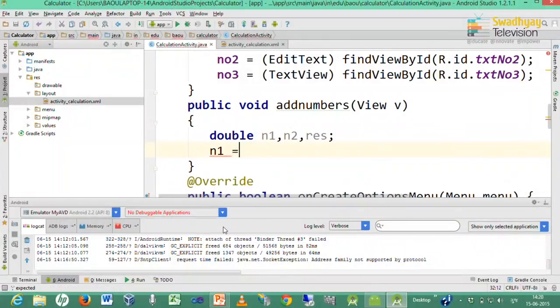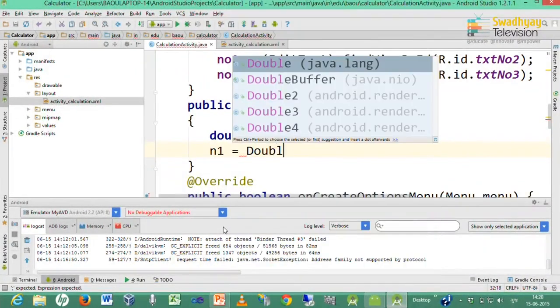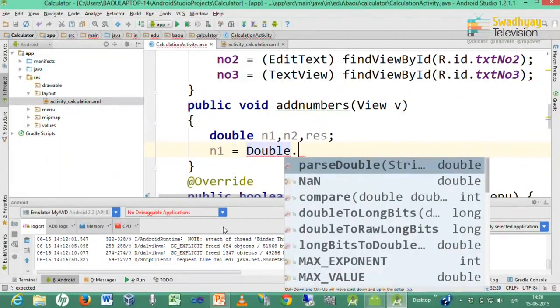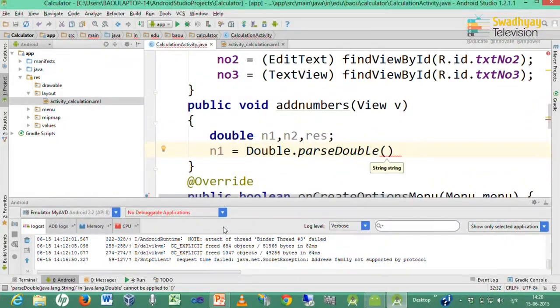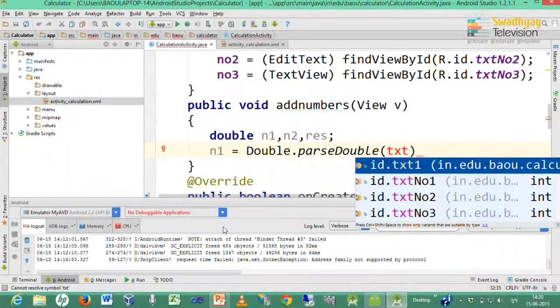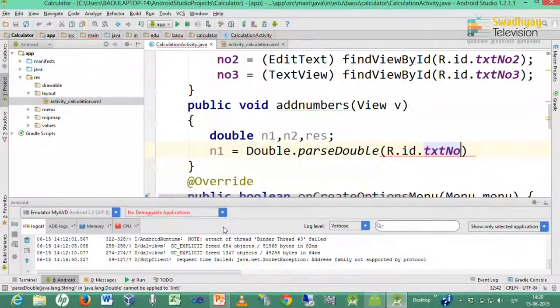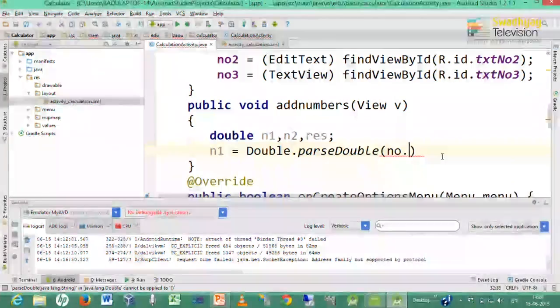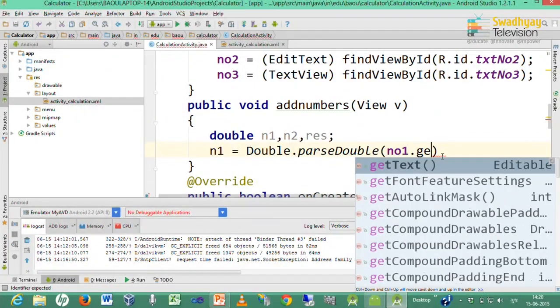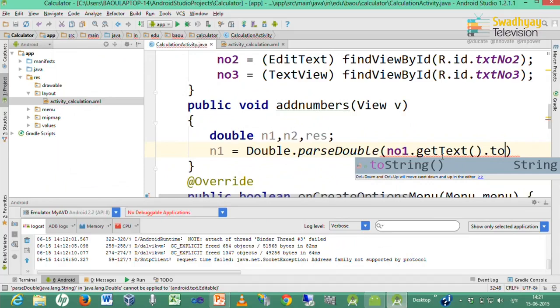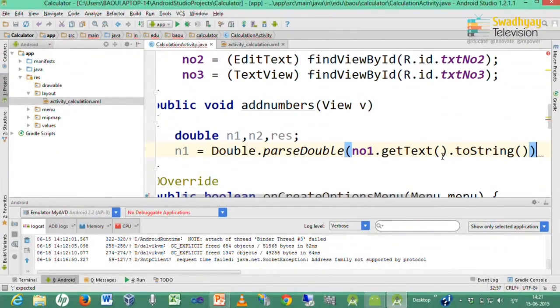So, n1 is the value entered by the user in the first text box, which is txtNO1, represented by NO1. So, here I use NO1.getText().toString(). Now, what does it mean?